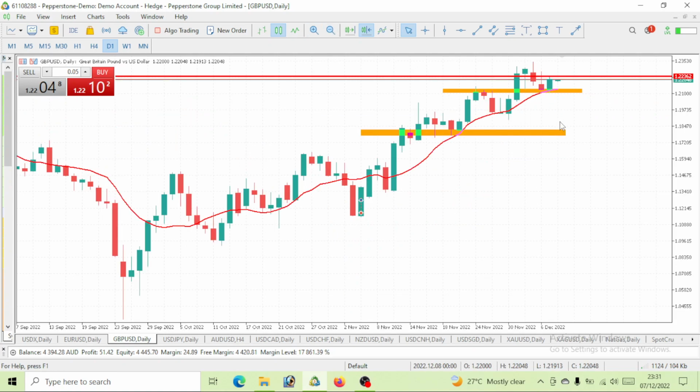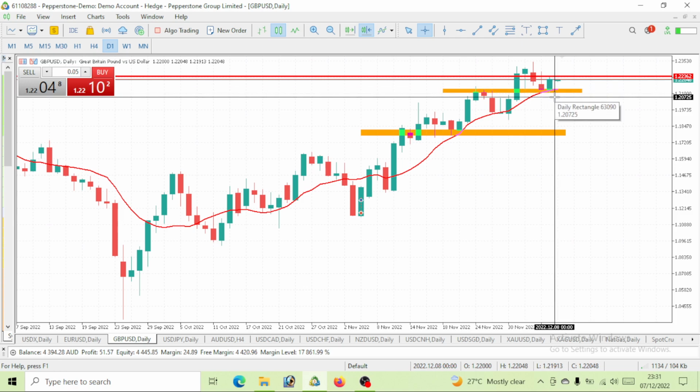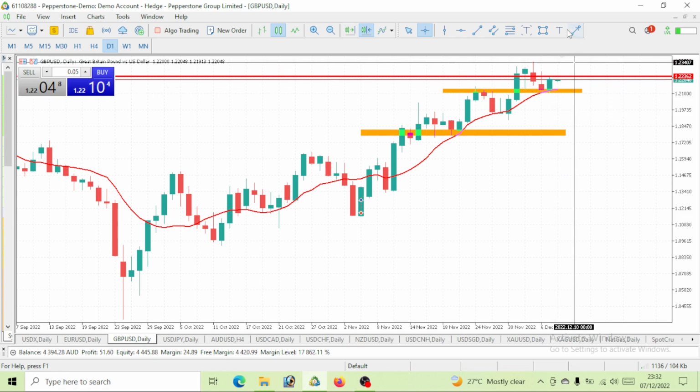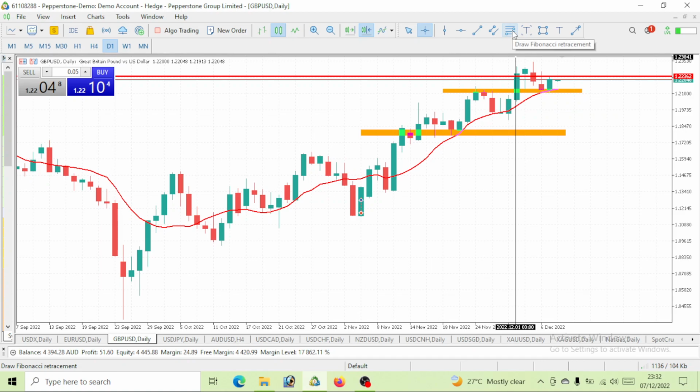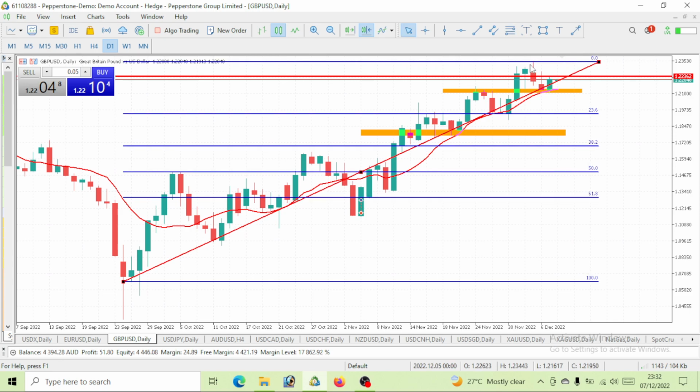Now, if you take a look at this analysis we did for the 7th, I told you guys that we would be having a bullish move for the 7th of December, which is today. I told you that we would be moving bullish on our GBP USD. Guess what? We actually had that bullish move. We did our Fibonacci retracement two years back, and we told you that this level can drop to a 2 level before we have a pullback.